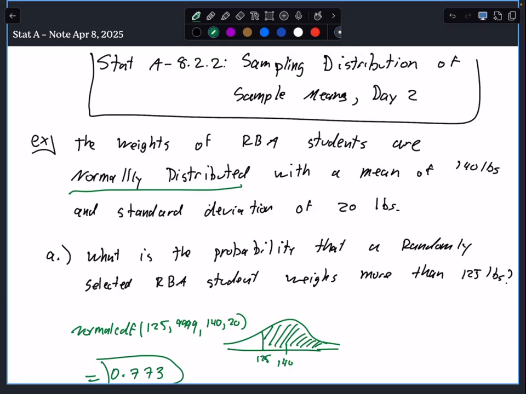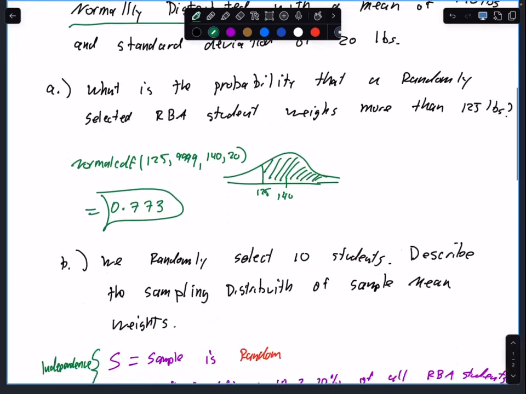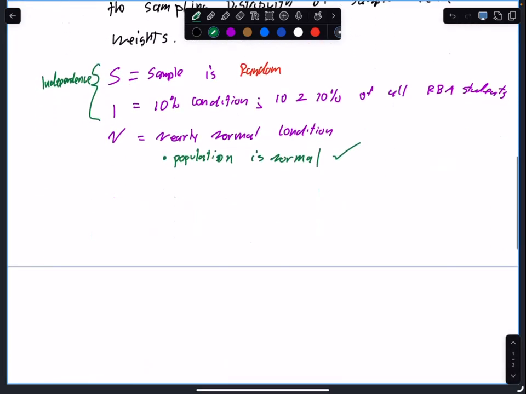If it doesn't say that, then I will either give you a graph of what the population looks like, like we did in yesterday's problem, where you have to make the inference that it looks normal, or I will give you a sample size of greater than 30. There's a third way, and I'm not going to push us in that method. It's going to be one of these two. We'll do that when we come back to inference later on, because we have to do a lot then. All right,